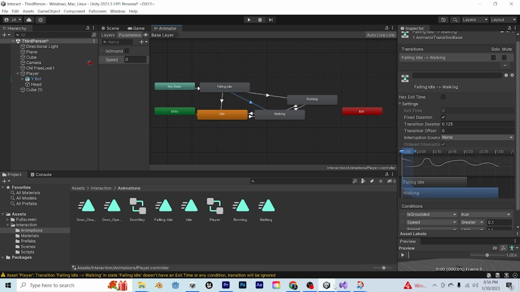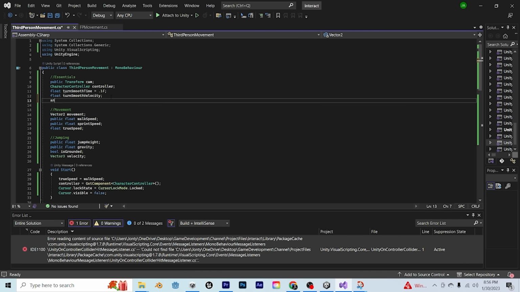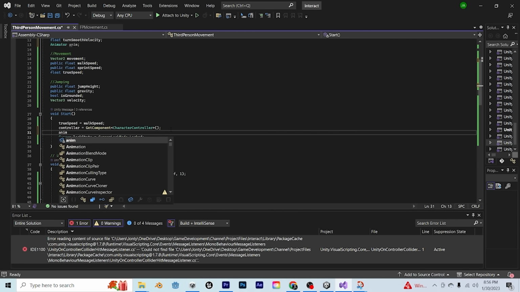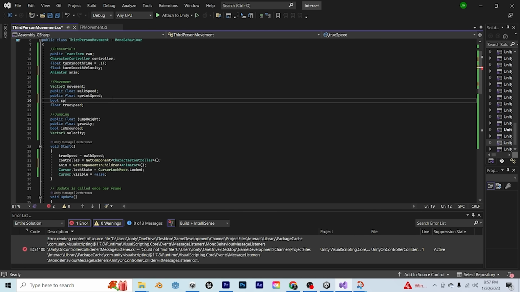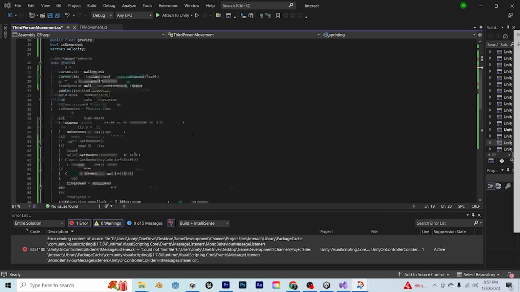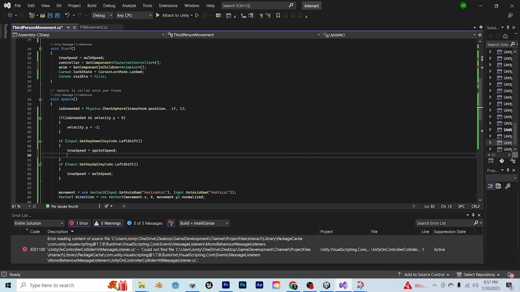Now finally, we're going to head back into the script for the last time. Going up to the top at the bottom of Essentials, we're going to create a private Animator called anim, and in the start function, we're going to say anim equals GetComponentInChildren Animator. Now beneath sprintSpeed, let's create a new bool called sprinting, and then going back into our update function in our sprint logic, beneath trueSpeed equals sprintSpeed, say sprinting equals true, and beneath trueSpeed equals walkSpeed,